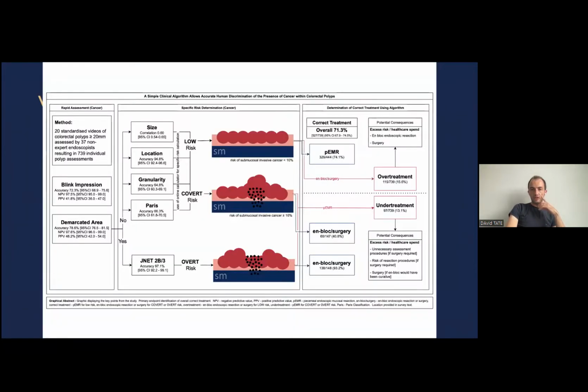All right. So then we might say, well, how do we assess such polyps? Well, actually, if you find a demarcated area, then you go down the route we've just described and you look at the demarcated area. But if you don't find a demarcated area, then we are talking about, is there still a risk of cancer within this polyp? And there is still a risk of cancer within polyps which don't contain a demarcated area.